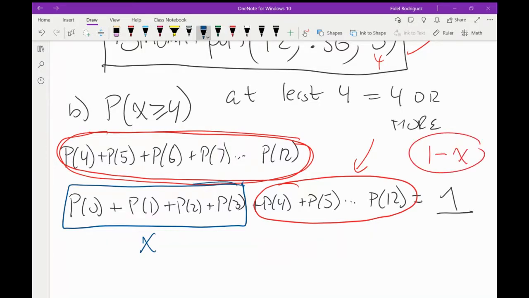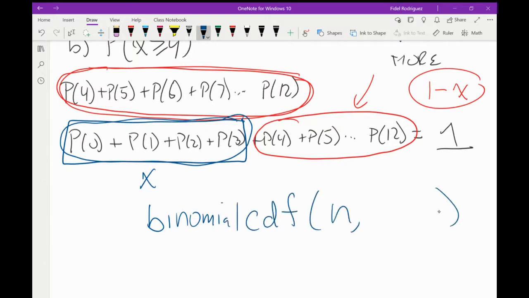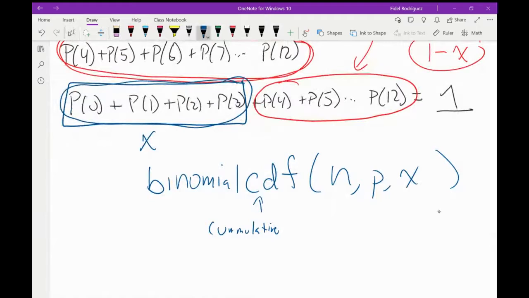Now, there's a way that we can find this part. The way we find that part, y'all, is we use something called the Binomial Cdf. It still has these same pieces here. The letter C here, y'all, stands for cumulative. Cumulative means I'm adding them all up, okay? So I want you to think about the parts that I'm going to find. I'm going to try to find this part. And the way I do that on my calculator